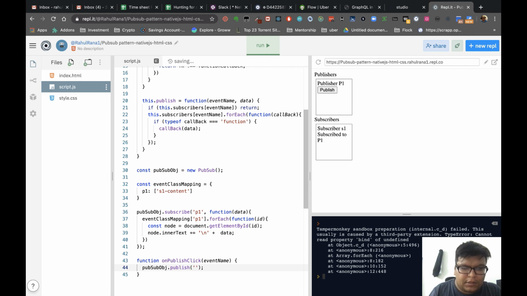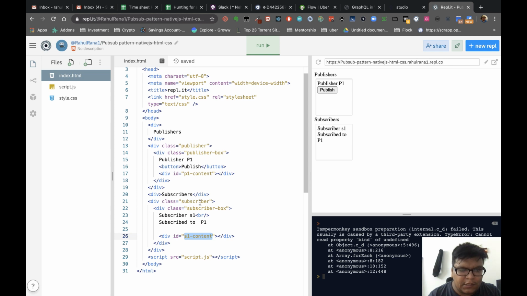Now publish, right? So now we have to publish to the p1 event. What we publish, let's say my name, right? So this is what we want to publish. Now this function is not anywhere, so we should keep a mapping to this publish button.